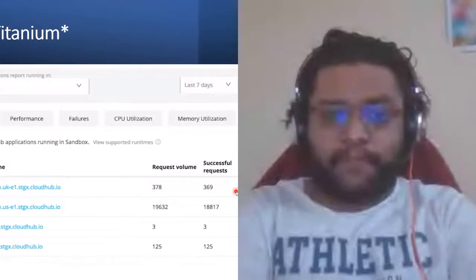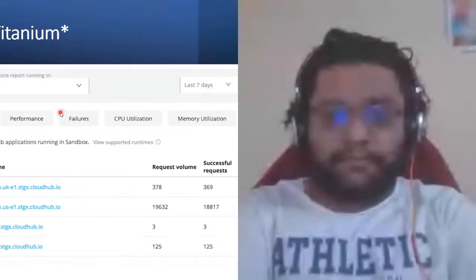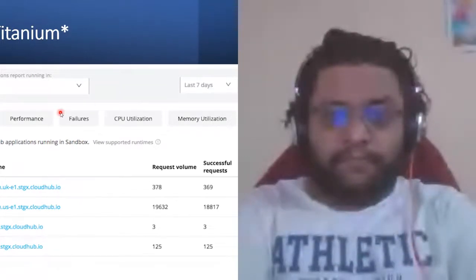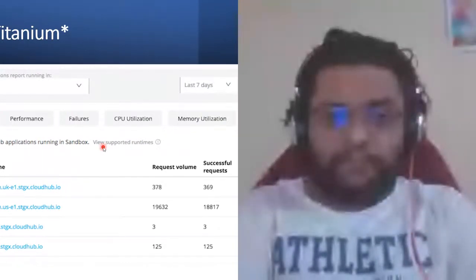So let's move to the features one by one that we have presented. First is coming to the reports section. This is also a titanium feature. Now what it does is, like the name suggests, it will give you the report